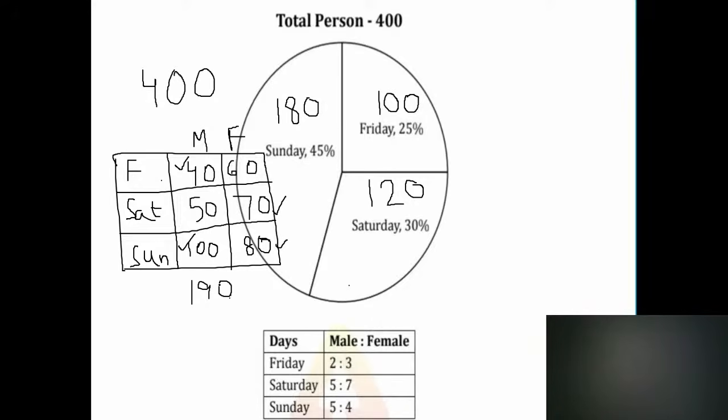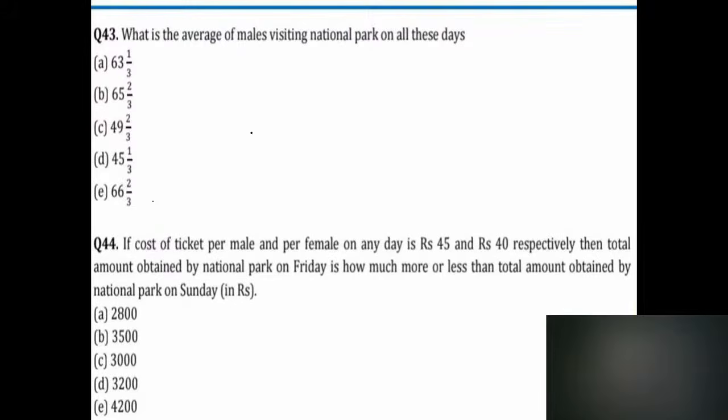So if we add those, we get 190 divided by the total number of days. The total number of days is 3 days: Friday, Saturday and Sunday. So average equals sum by total, which is 190 by 3. If we further simplify this one,